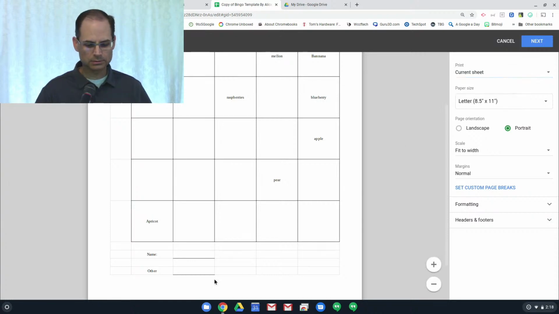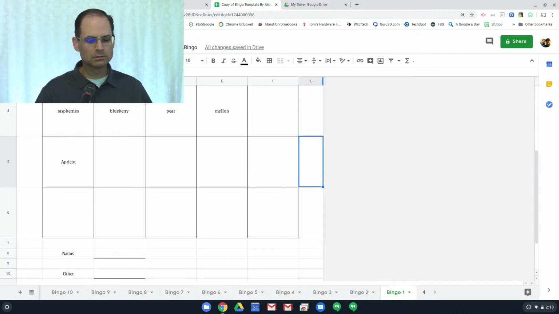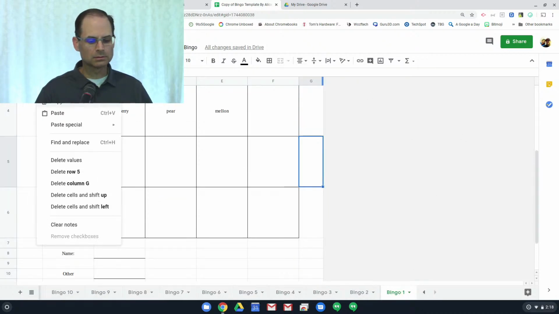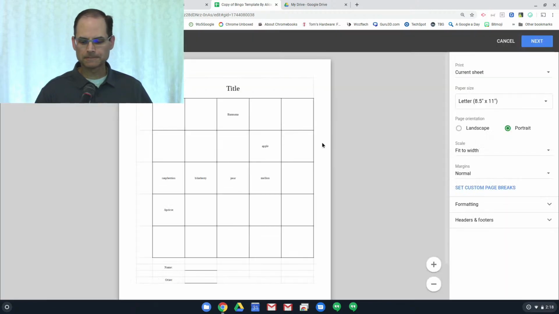Let me go back. I think I had a bunch of extra cells selected or something like that. So print, portrait,